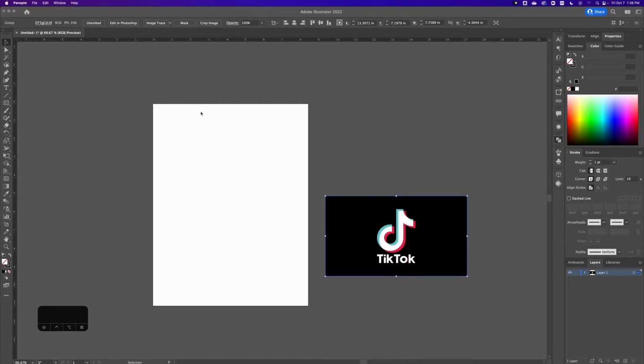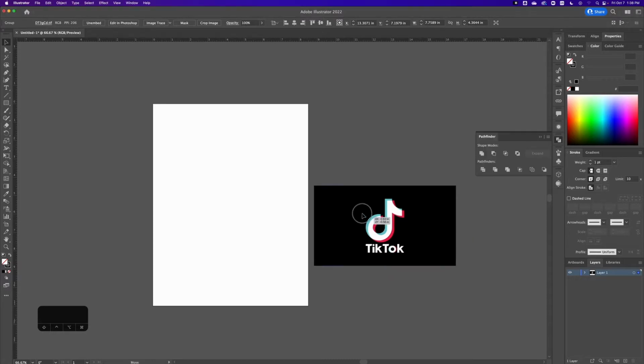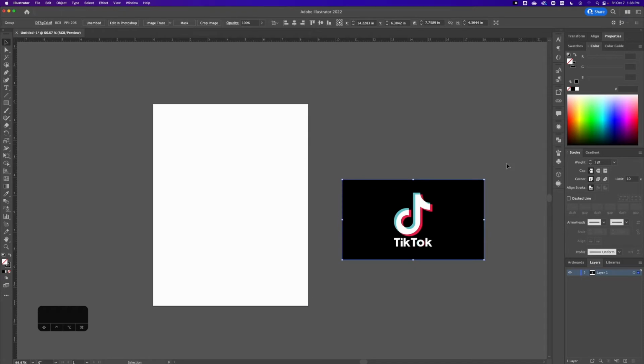So in order to start, we need to have a reference. You can just search for the logo that you want to create and drag and drop it into Illustrator. At this point, I have my reference right here, and as you can see, it is a